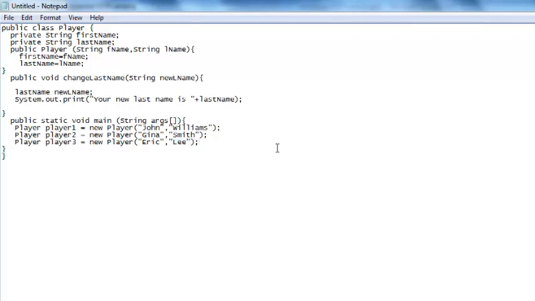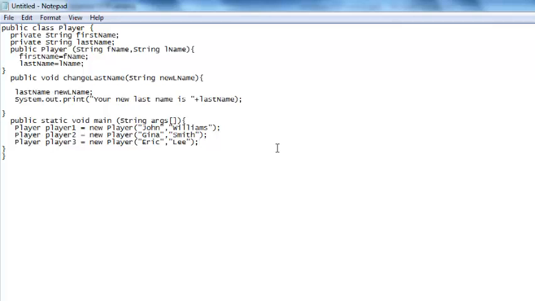This is great. We can accelerate our software development process, right? A very important feature of OOP is if we develop an individual out of a class, if we create an object by using a class, the object should have everything that a class has. So if we use the Player class to create 3 players, they should all have the change last name method, right? Let's say the first player wants to change his last name from Williams to